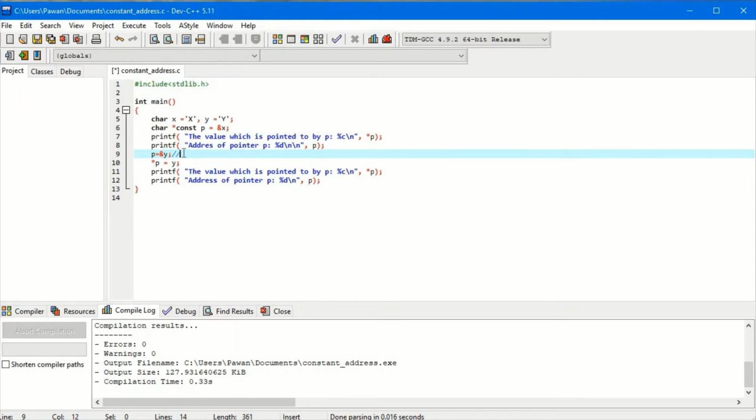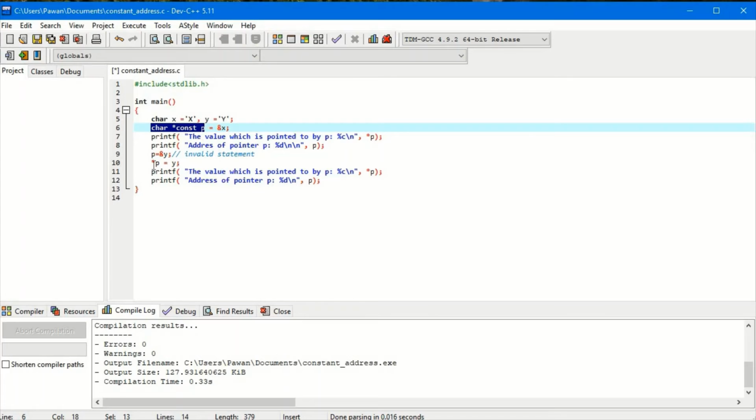This will again be an invalid statement, because pointer p is constant, so we cannot change p by writing p equals to address of y. We cannot change this pointer because we have made the pointer constant through this statement, so this will again be an invalid statement.